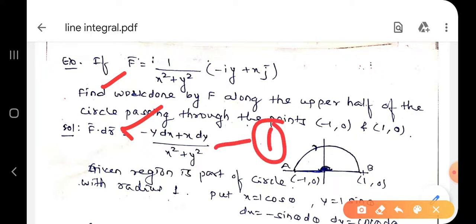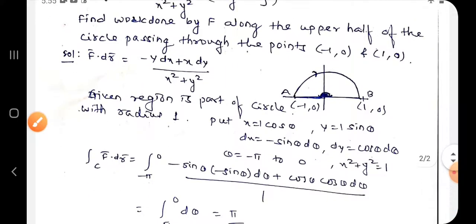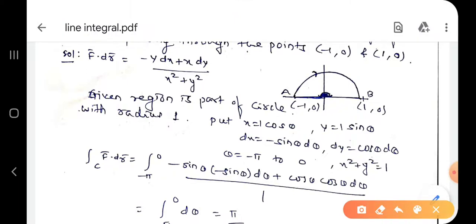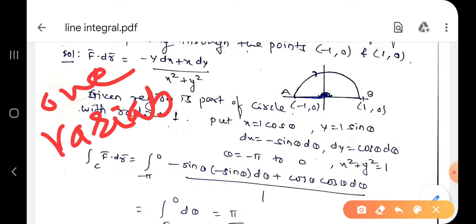Okay. Now the given region is a circle. Though it is the upper half of a circle, it is a part of a circle, and we use circular coordinates. What are our circular coordinates? x equal to r cos theta and y equal to r sin theta. But we know the radius in this case, and we want only one variable. Why? Because a line integral is there. So instead of y and x, I require only one variable. You may call it t, theta, whatever it may be, you will take it.